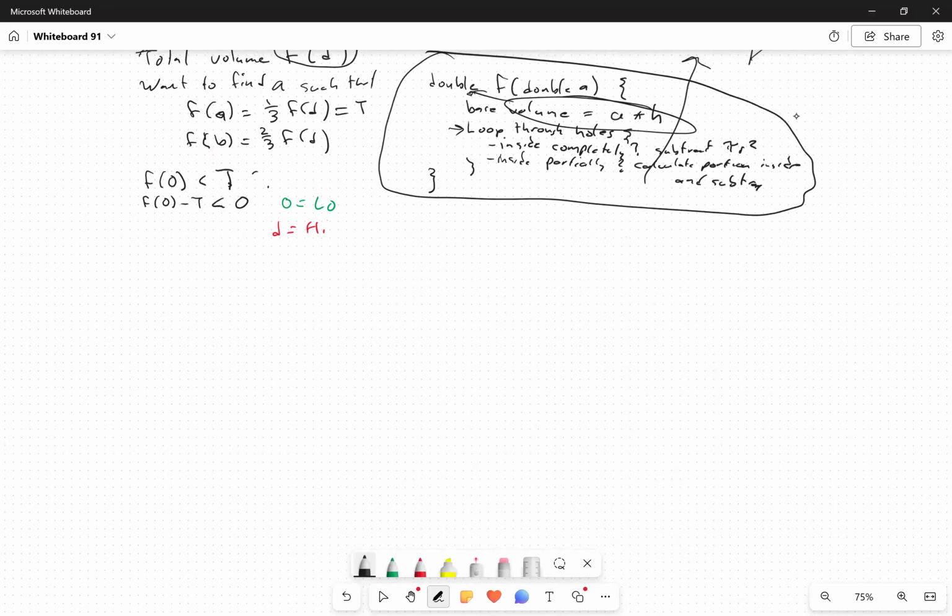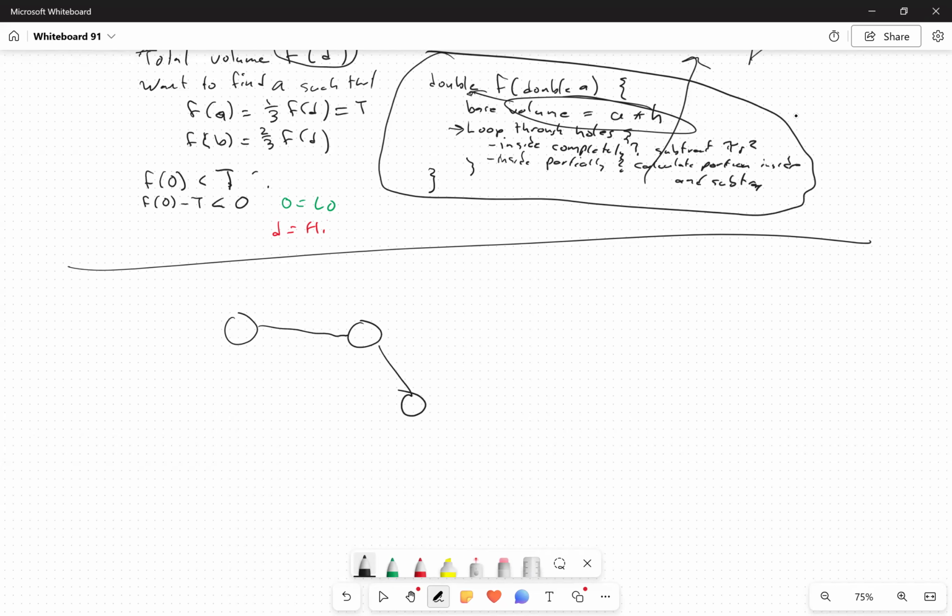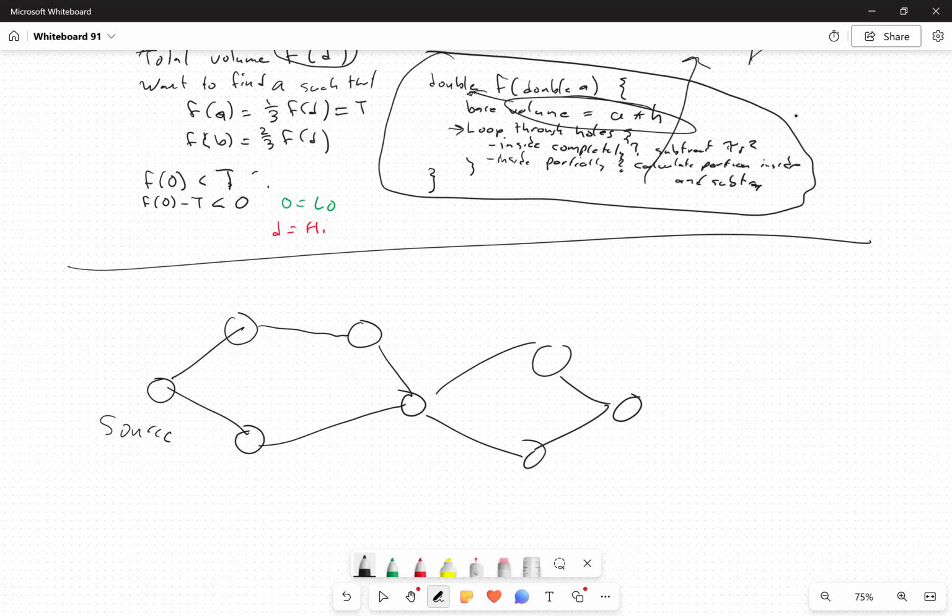Okay, one more quick example of this is I'll give you a graph problem, something that we're going to talk about later, which is flow through a graph, max flow. The idea here is that you have edges between different nodes of the graph, and there's going to be sources, and there's going to be sinks, and so on. Let's say that this is the source, and this is the sink. And don't worry about any of the details of how this thing works right now, there's going to be edges between all of these things